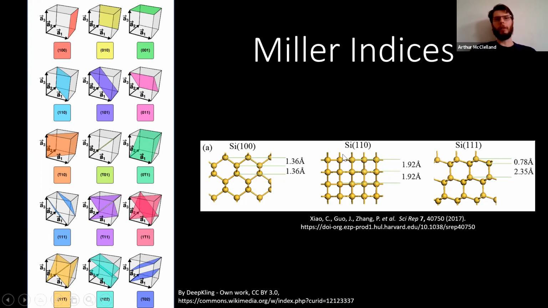So silicon 110, silicon 100, silicon 111 are the three common silicon cuts. The silicon 111 is down here. It's sort of diagonally with the corner rather than diagonally in the face. And we see three very different arrangements of atoms. So our nuclear cores are differently spaced and differently arranged from each other. Our sea of electrons are going to see a different array of periodically positively charged things.